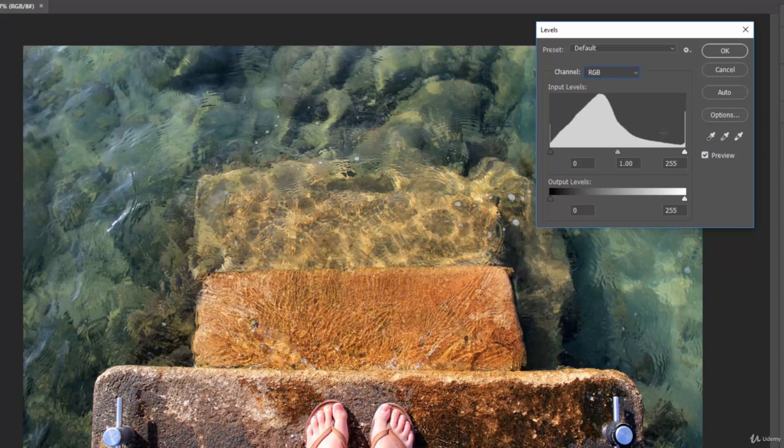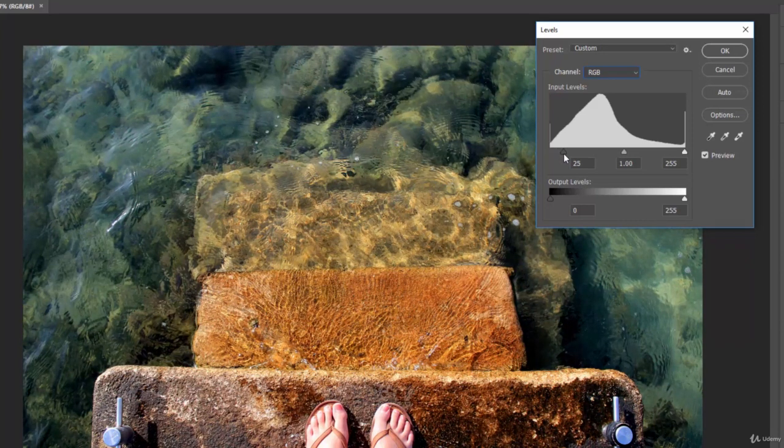And what happens here is that we can adjust where these land and how dark or light we want this image to be. So if we click on this dark slider or black slider on the left-hand side and we move it more toward the center, what we're essentially doing is telling Photoshop that all of the pixels for the RGB information, everything from here downward, should be darker.